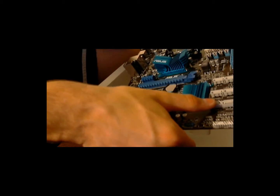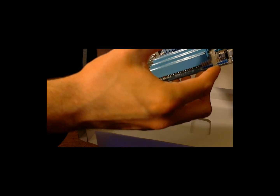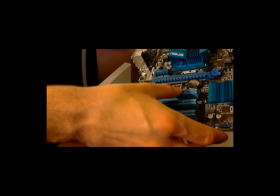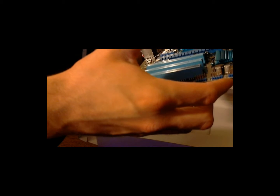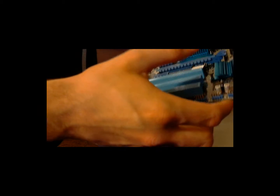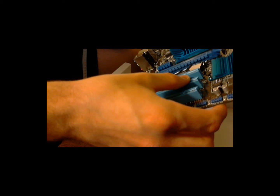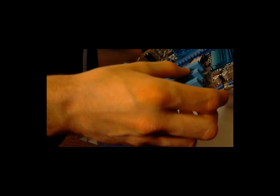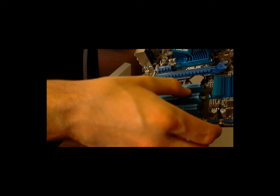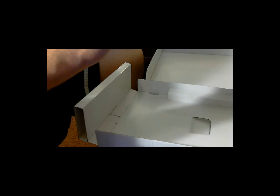Let's see, quite a few SATA ports here. There's that PCI slot that I need for the video card. Yeah, I mean, that's pretty much it. You got all the I/O up here. Let's see, 1, 2, 3 fan headers? That's not a lot. It looks like there's only 3 fan headers. So it's 2 for the case and then 1 for the CPU cooler. So not a lot, but I'm going to be running most of the fans out of the, whatchamacallit. Why am I blanking? Out of the power supply directly, rather than from the motherboard, so it's not really an